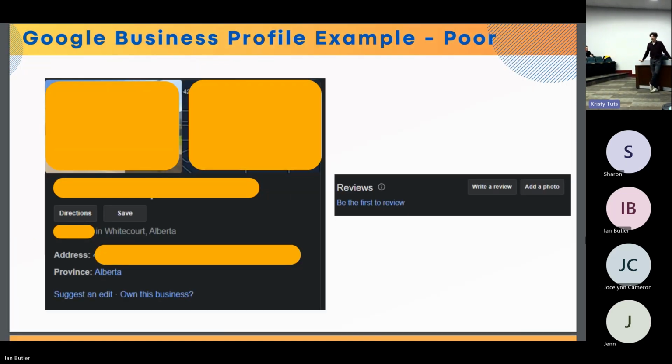I obviously blurred out the information here for this business because I don't want to make anyone feel bad about it, because maybe they just haven't had the time or anything yet. But as you can see here, they have much less information. The only information that they have here is the business name, the business address, and then the province. They don't have a phone number, they don't have an email, no website, no nothing, and